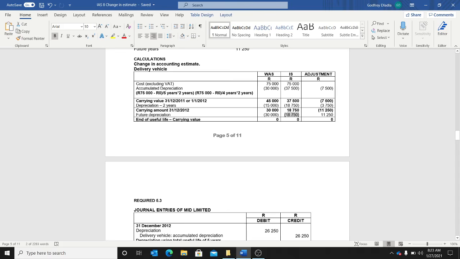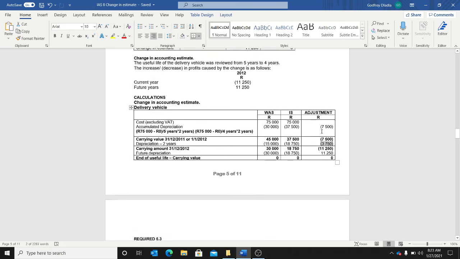Then in future, you will depreciate the 18,750, which will be a saving of 11,250. Right, you'll save in future 11,250. In the current year, the depreciation will increase by 11,250. Now,